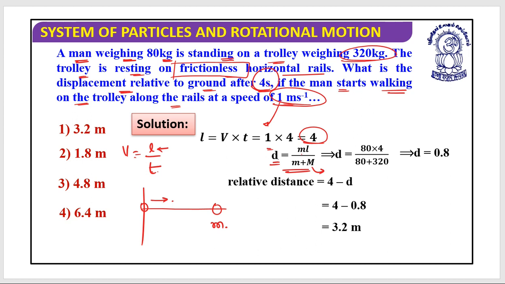So d is equal to ml divided by m plus M, and this d could be written as 80 into 4 divided by 80 plus 320. That is just the distance of 0.8. So initially,